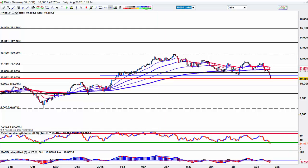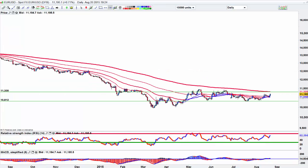So what's that done to the currency markets? Euro has bumped into an area of major resistance from the high of August 12. It does look as if it wants to potentially go and visit the high up here of the top of the box,